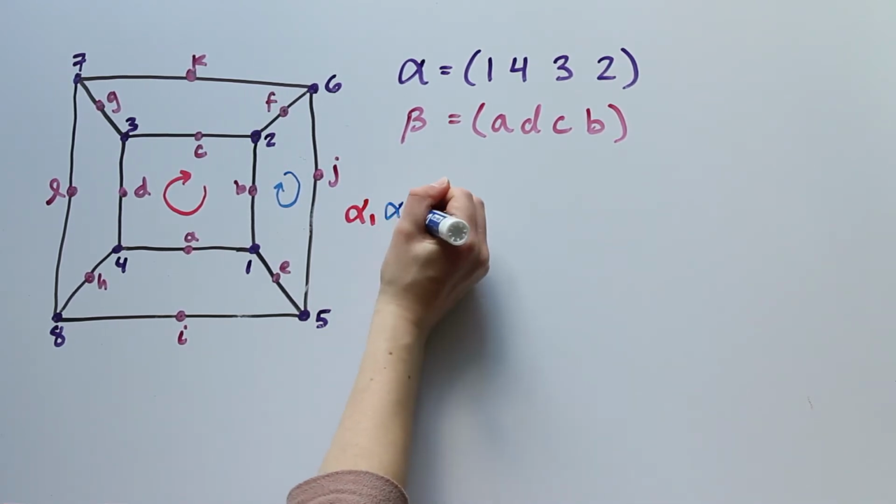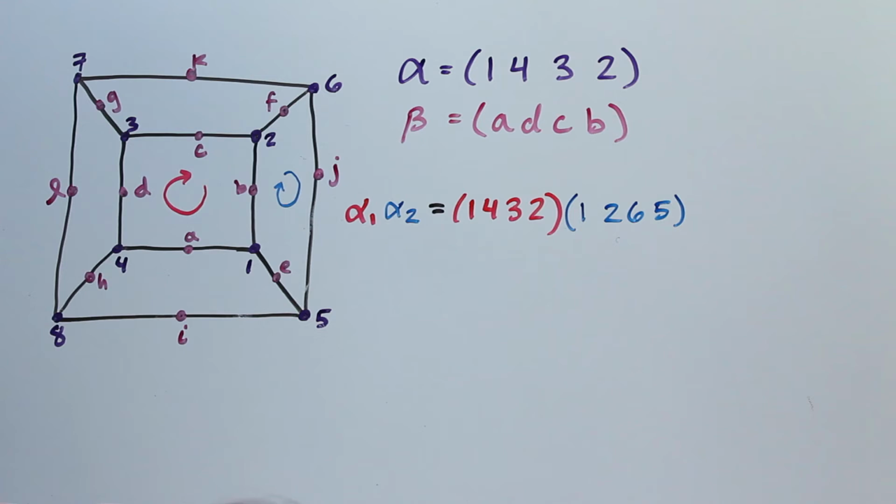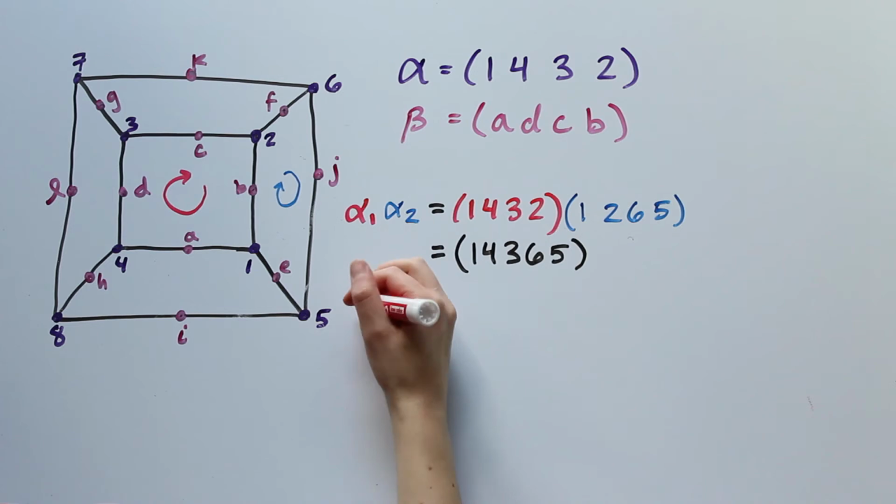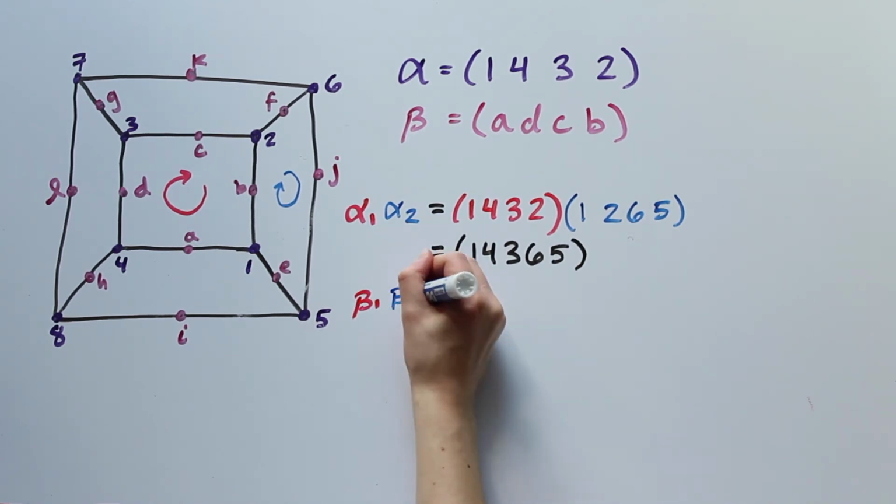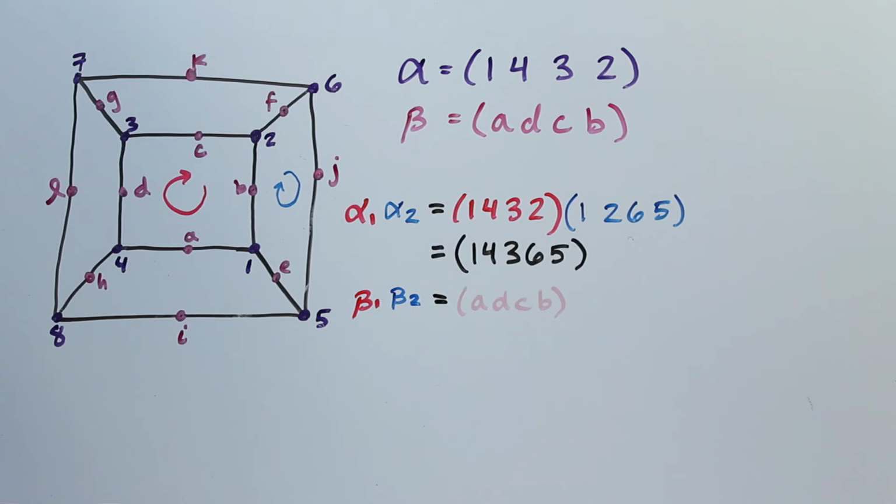The red alpha is given by 1, 4, 3, 2, as we already saw. And the blue alpha is given by the cycle 1, 2, 6, 5. Using cycle multiplication, we have that the resulting permutation of the corners is given by 1, 4, 3, 6, 5. Next, the red beta is given by the cycle ADCB, as we have already seen. The blue beta is given by the cycle EBFJ. Using cycle multiplication, we have that the resulting permutation of the edges is